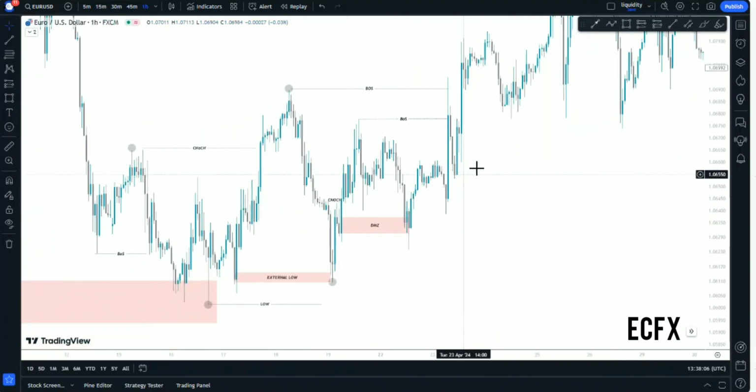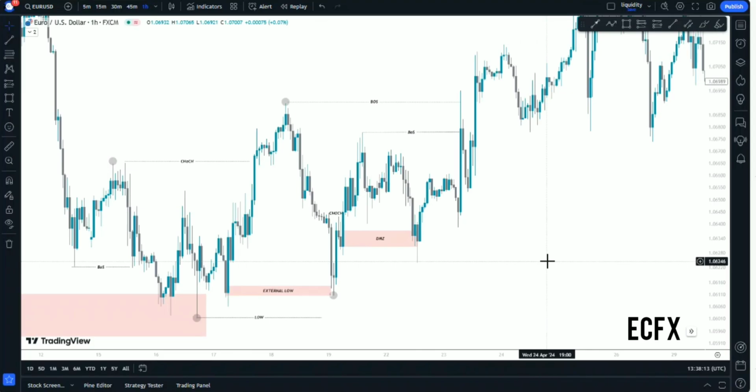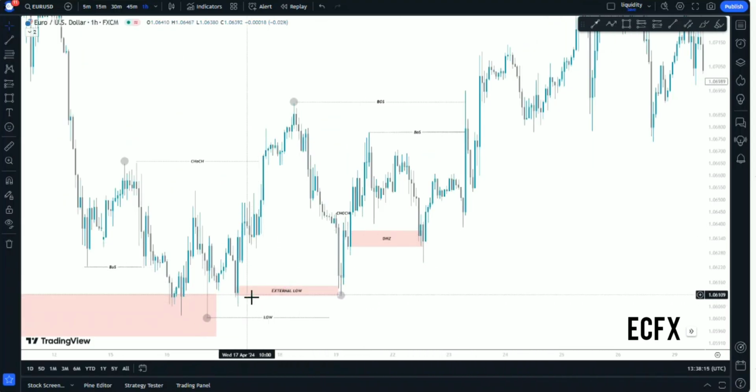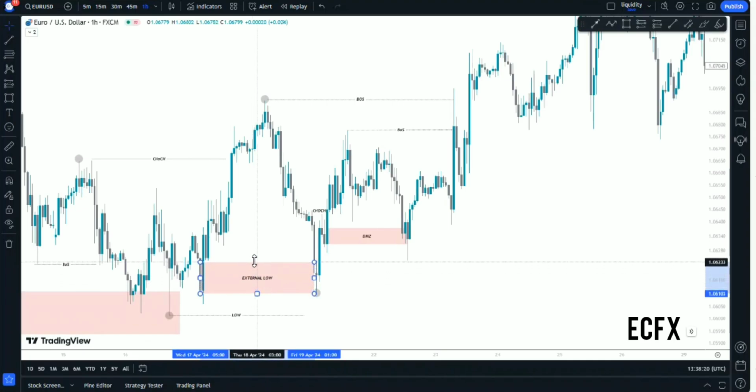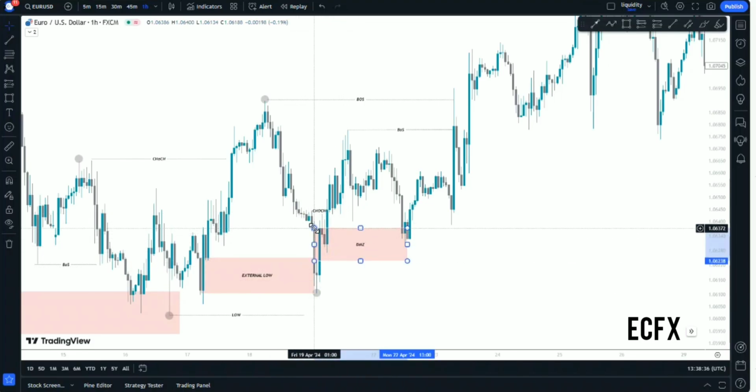The only thing you do is go ahead and mark out your external lows first, and then you will jump down to the lower time frame only if you've missed an entry point from an external time frame, right? So over here you can see the demand zone was a bit bigger than it was on the lower time frame. On the lower time frame, we stood a bit more of a chance to enter from a different position, and then over here, slightly to the right side, we can also see that price tapped into imbalance,